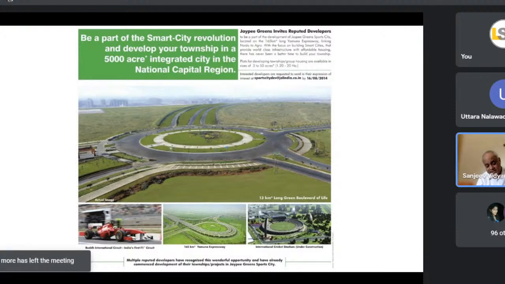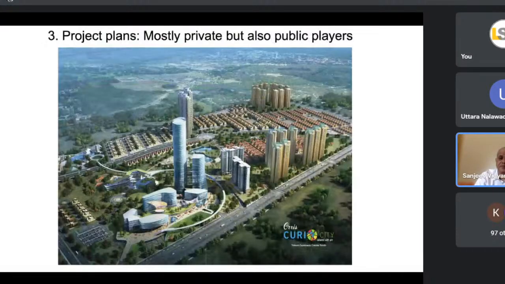So state plans, mandated, non-mandated. Second one, we talked about sectoral plans. And the third one is project level plans. They're mostly private, but there are also public players. For example, central government agencies setting up different kinds of training institutes, universities, IITs, Indian Institute of Management, new schools of planning and architecture in various cities. So they could be private, they could also be public, they could also be non-profit or NGOs. So many different players that are doing this kind of retail level work.